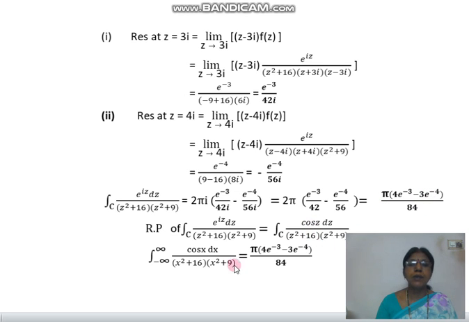Now this value with x limits is equal to, you get this one. This is the required value. This is the integral of f of z dz, which in x terms with limits from minus infinity to infinity gives this value for the required integral.